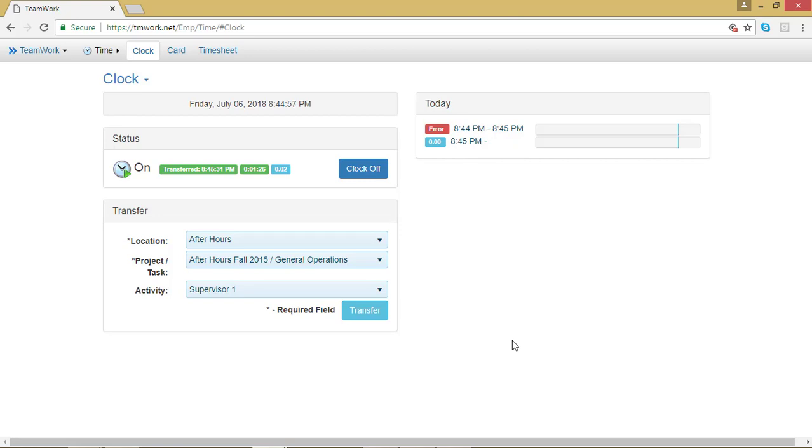So if you do switch locations or something like that, you don't need to worry about clocking off before clocking into the new location. You can just change where you're clocked in, hit transfer, and that first clock in will automatically stop. If I'm done working for the day, I can go up to this clock off button and hit